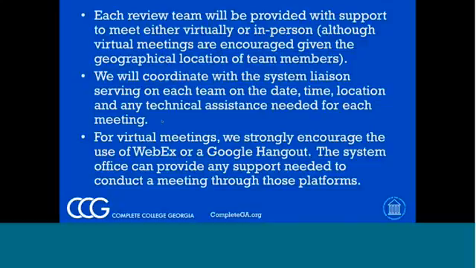As is implied there, you'll have an on-staff person who will help to coordinate the meeting virtually. We can do it in person, but it's very difficult to manage that. The time, date, location, all the technical assistance, getting a conference call room together, or a WebEx space, or a Google Hangout, however that gets done, will all be handled through the system office.